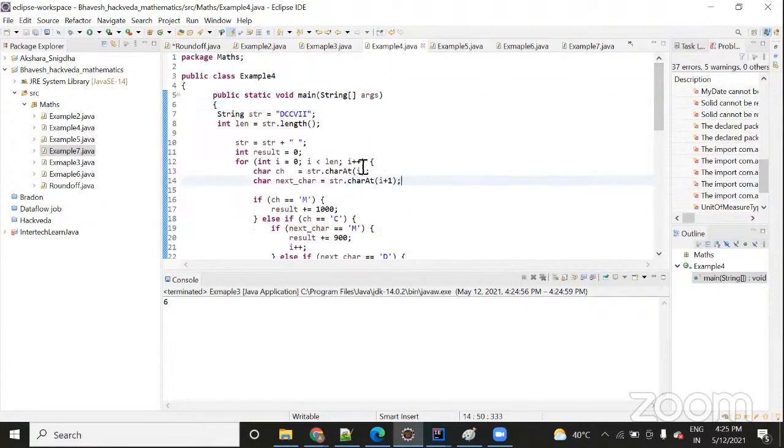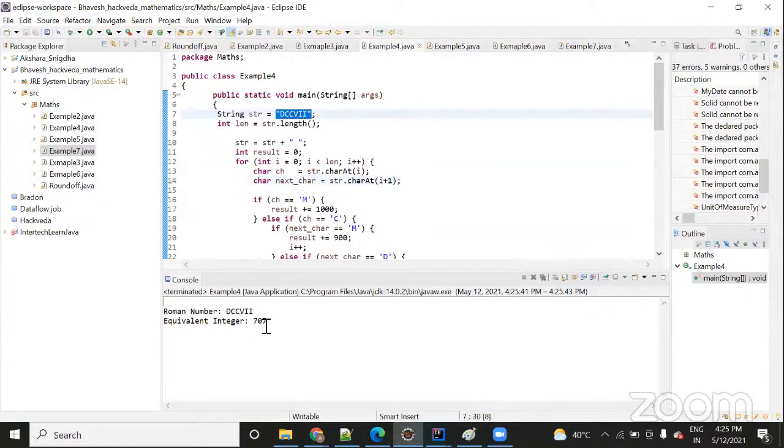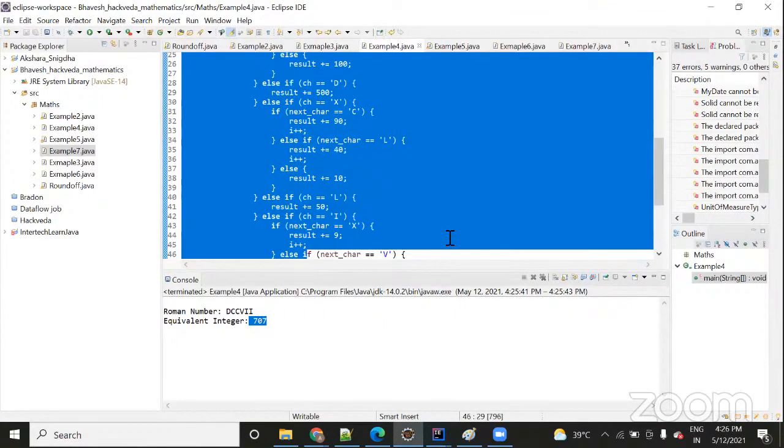Roman number. So here, let me run this program and then I will explain you. This is one program which is the most important one, and it is usually asked in interviews: you need to convert your Roman number into your integer number, right? So how can you do it? The logic, I want to know from you. Can you see this code and tell me the logic that you understand?